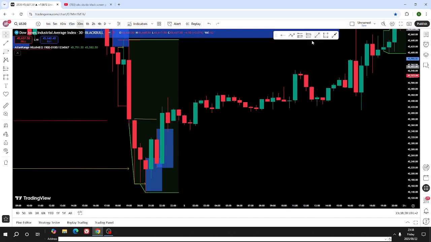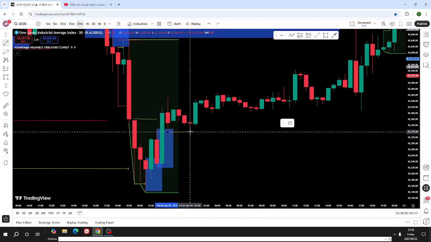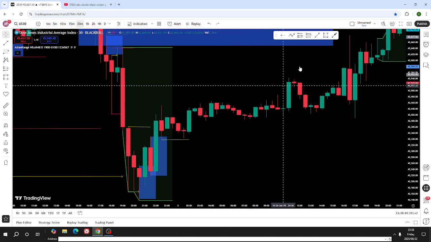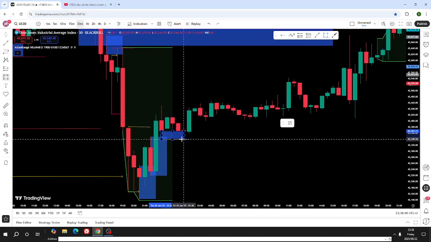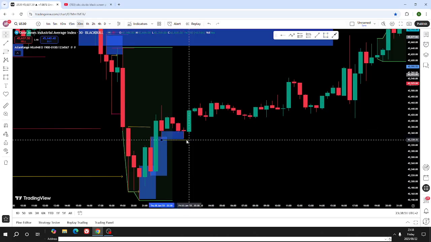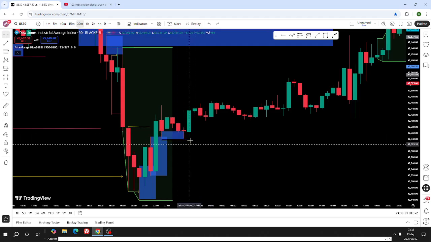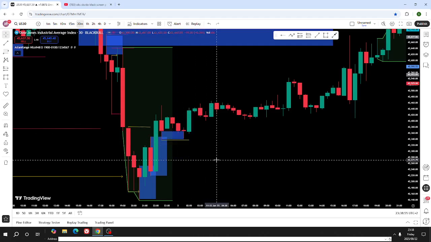As it comes towards the downside, we also take a look at what's happening right over here. It also comes back to the unmitigated area of the candlestick, and right over there, look at what happens. The market gives us a very